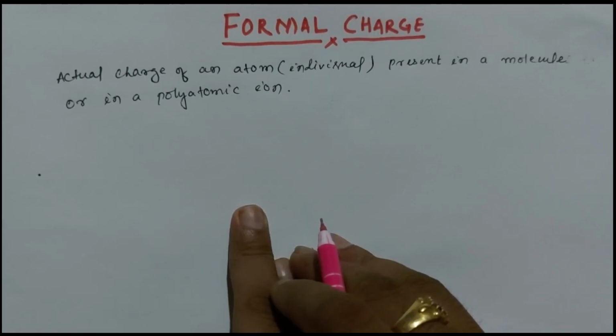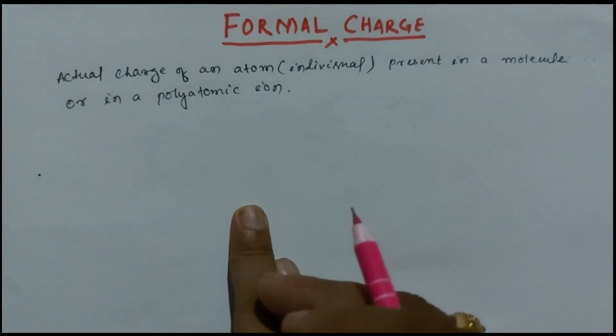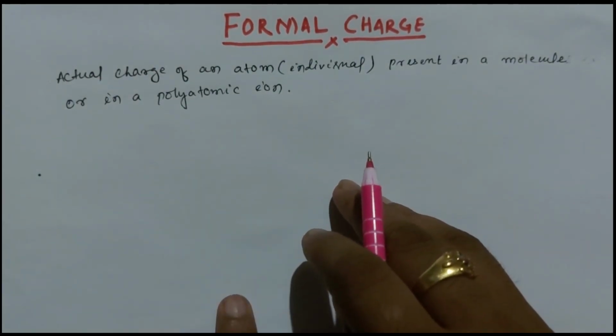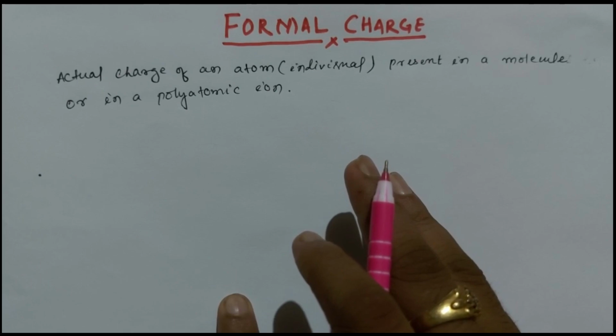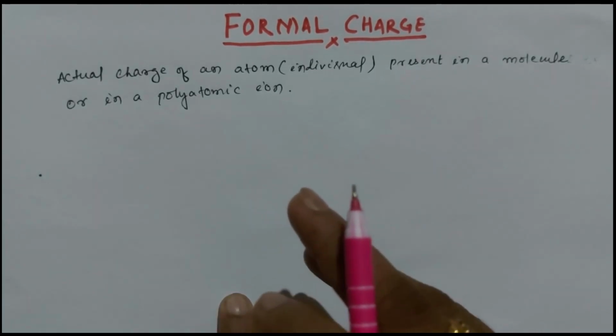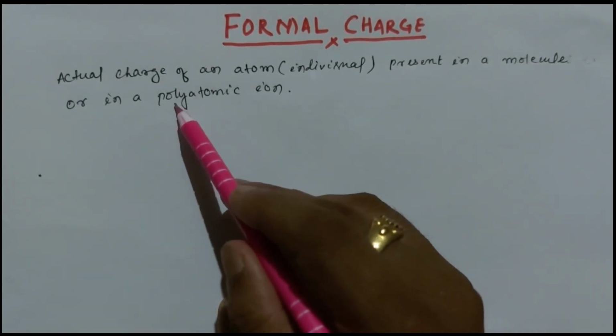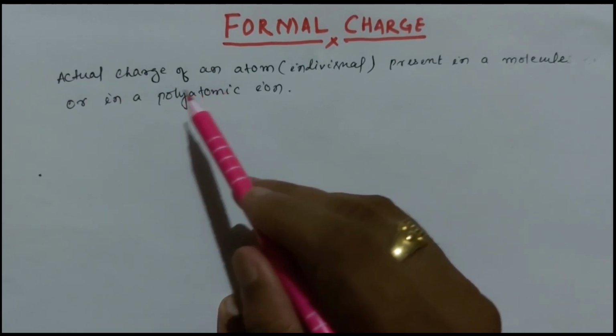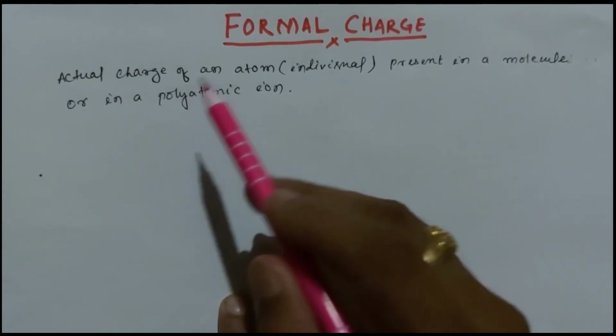In a molecule there may be 2 atoms, or 3 atoms, or 4 atoms, or more than 4 atoms present. Also in a polyatomic ion, poly means more, so more than 3 or 4 atoms are present